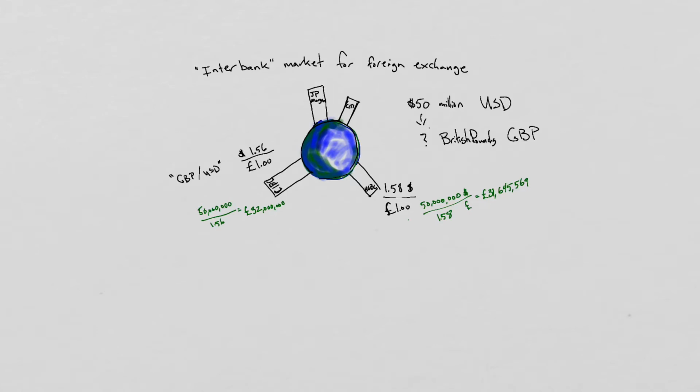Note here that you can kind of check your math and see whether it makes sense. If you notice that 1 pound buys more dollars, so if I take dollars, I know I'm doing right by dividing, in this case, by pounds, because when I translate dollars into pounds, I'm getting fewer pounds. So since each pound should buy more dollars, if I go back the other way, the pound is buying more dollars according to my calculation. So it kind of checks out intuitively. Sometimes it's helpful to do something like that.